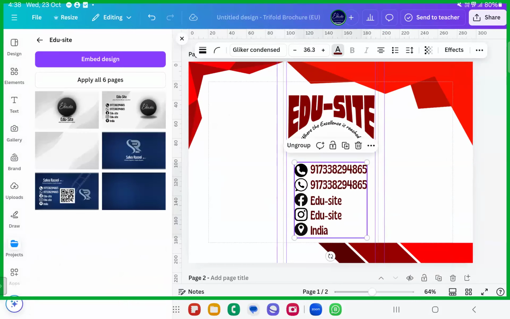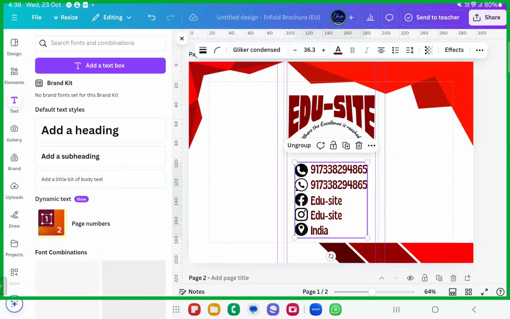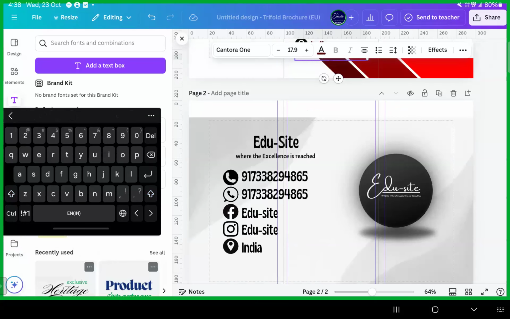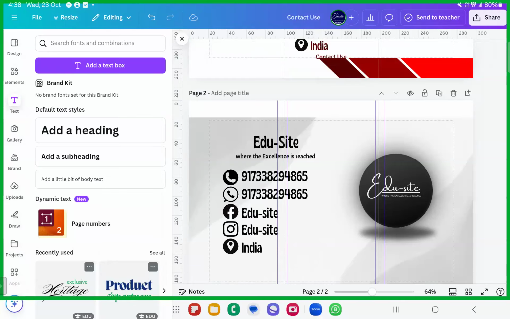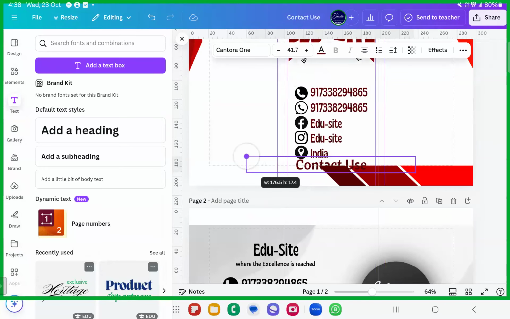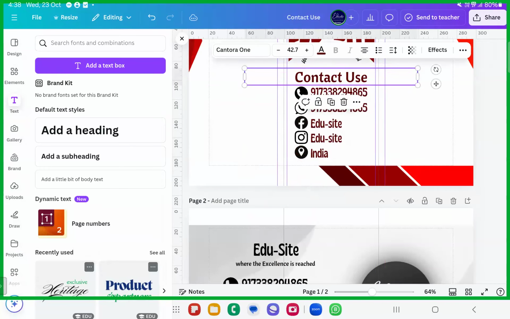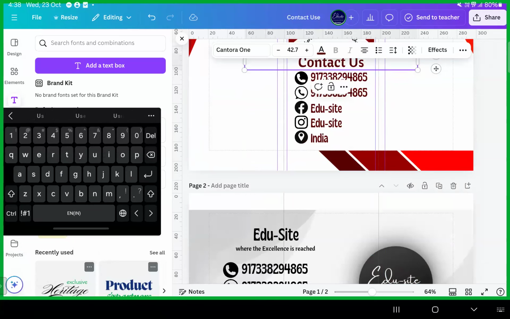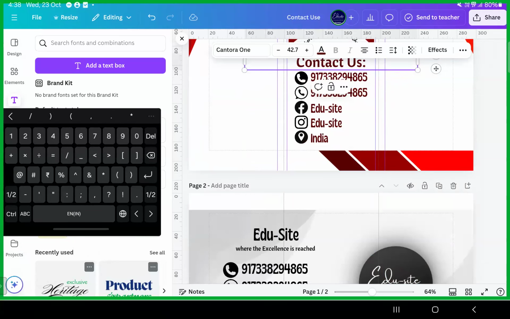Now the contact text, we can just add a text box. Contact us. On the first page, usually what will be present, dear sisters and brothers? Do you know that? What will be present in a brochure on the first page?